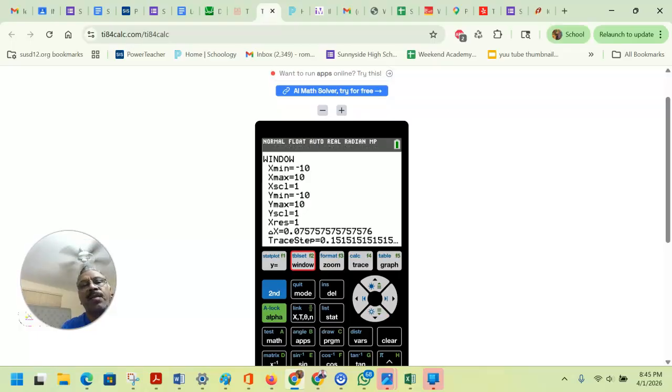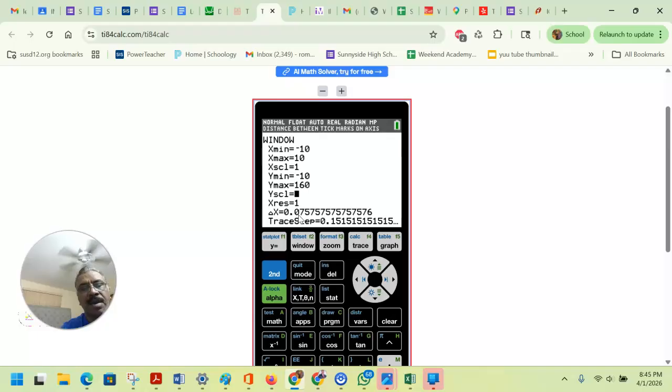If you see this, the y maximum is 10. So let me make it maybe 100. Or maybe 120, because we also know 150 is there. So I can make it 150 also, or 160. And there's something called scale, the multiple of how much to increase. It's better to do 10. And if I go back here,